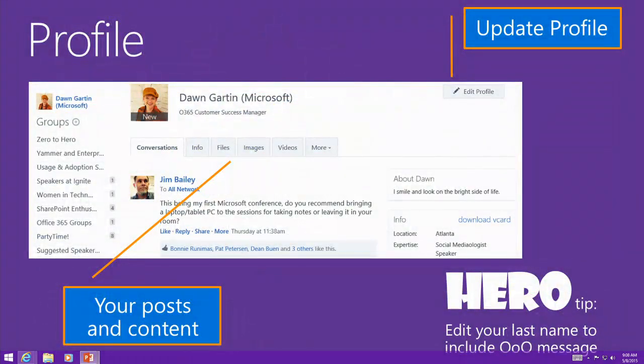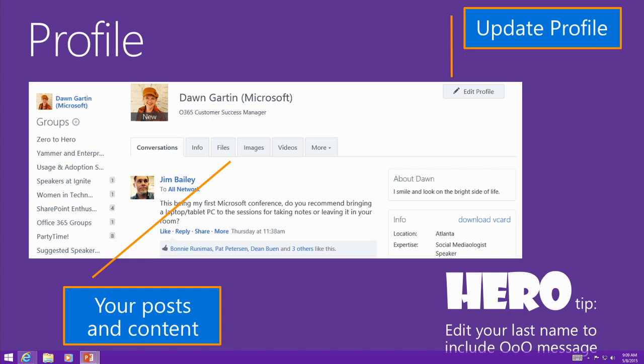All right, so a little bit more about what's happening behind the scenes in your profile. Lots of different things can be found here. This is kind of your starting point for your information. So when you click, and there's different ways to get there, I tend to click on my name to get there. You can see a variety of things that you can take care of.